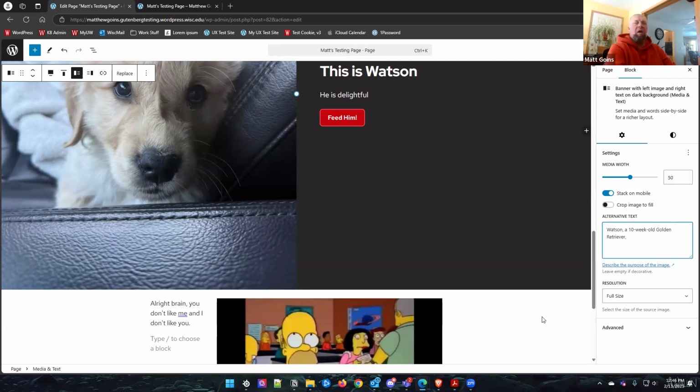I'll give this one too. Here's creating alternative text. It's just describing what's in the image, giving someone who cannot see the image the gist of the